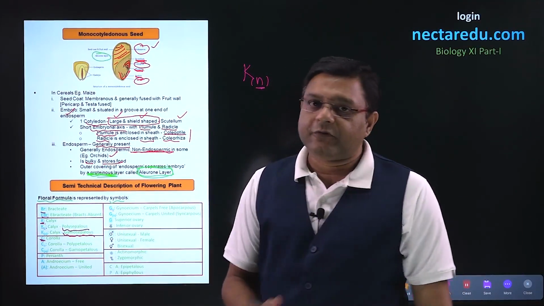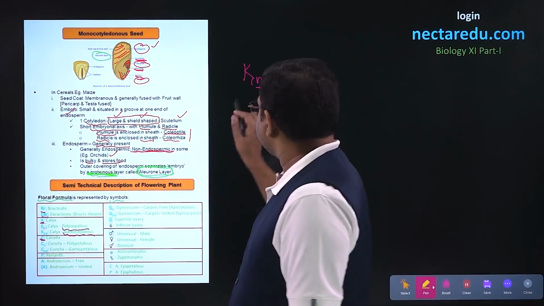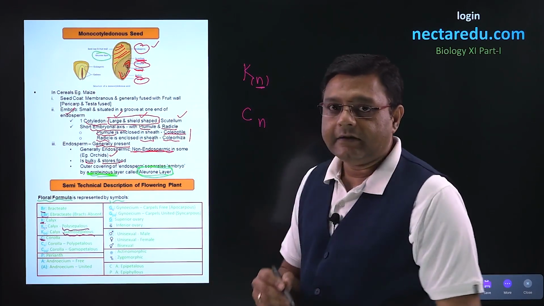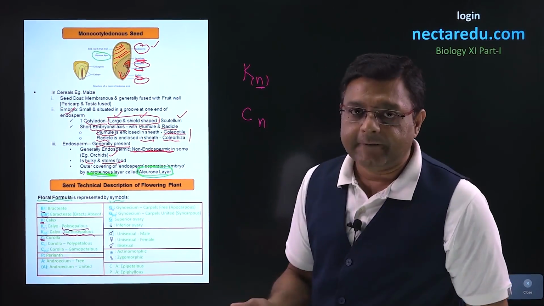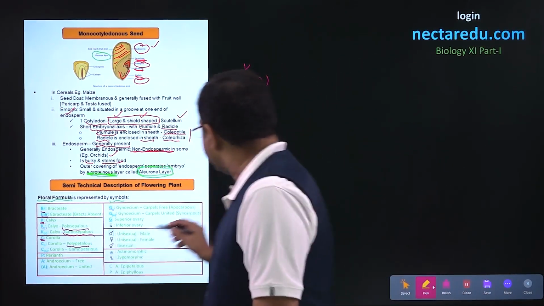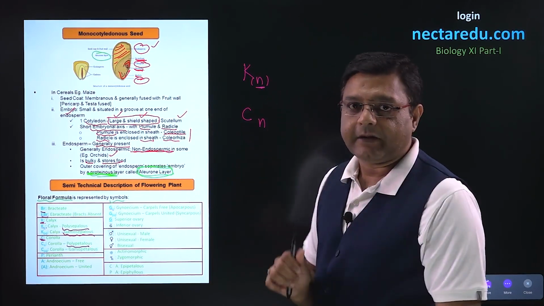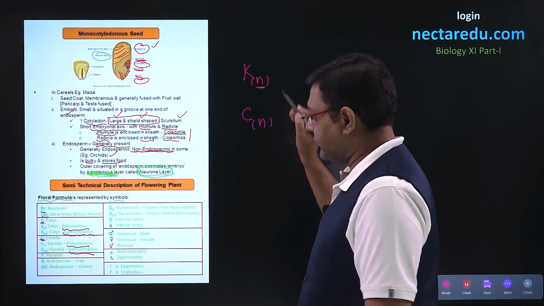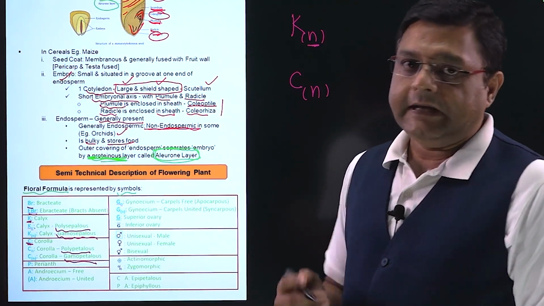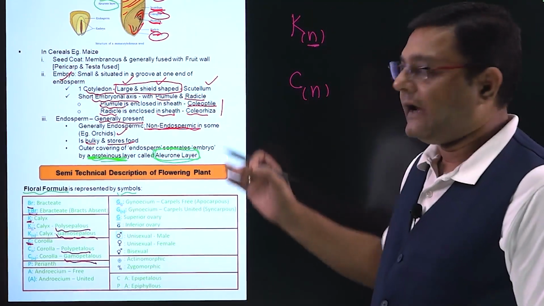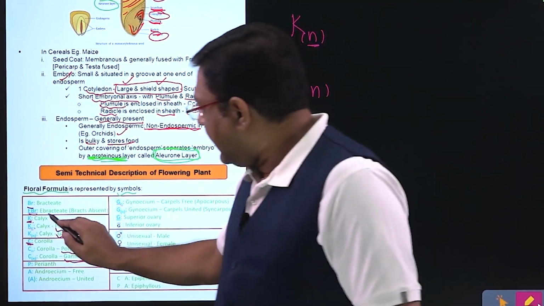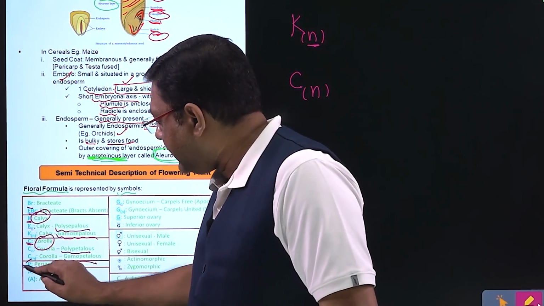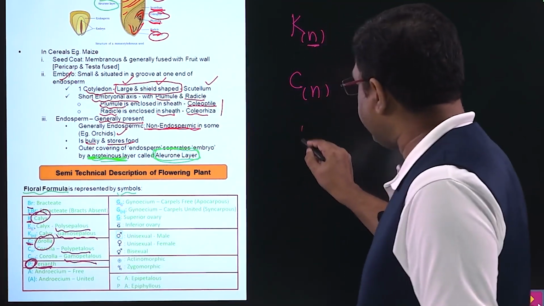The same thing applies for corolla as well. For corolla, we use the letter C. For the number of corolla or the petals, we use N. And if these petals are free, that is, the condition is polypetalous, we leave it like this without putting the brackets. And if the condition is gamopetalous, we put a bracket around this particular N. After this, there can be a condition in which calyx and corolla are not distinct. If calyx and corolla are not distinct, then the condition is called perianth, and in this case, we will use the letter P for perianth.